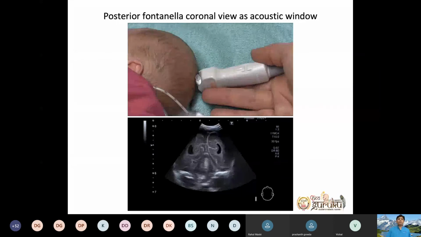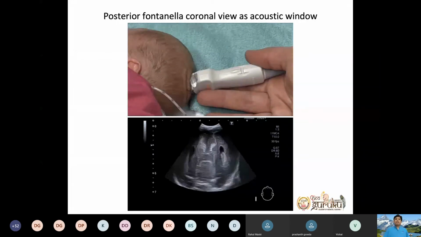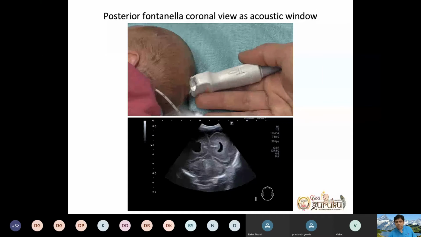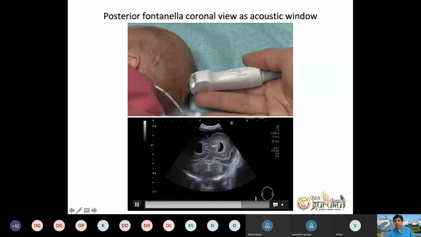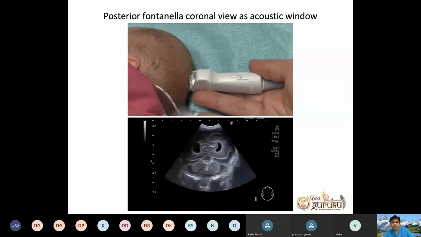The baby is comfortably sleeping. You are supporting with your finger and probe, and gently you are trying to sweep and take the coronal section, from superior to inferior. Because I always see the posterior view, it looks like an owl's eye for me. There is no specific name for that. Just for you to remember, like the cream biscuit I was telling about, putamen interna, externa and interna, basal ganglia, in a similar way you can see two owl's eyes.